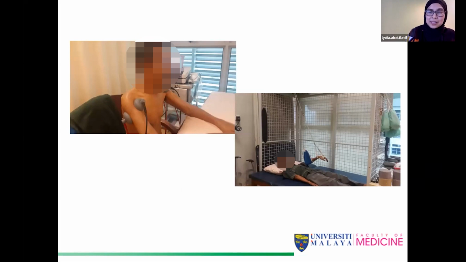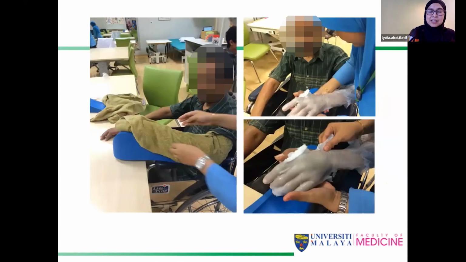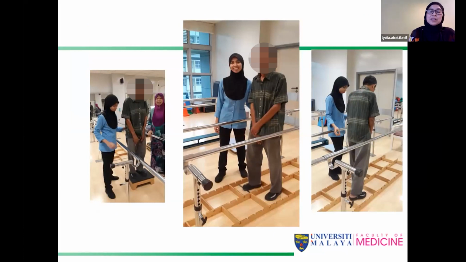I will go into detail each type of exercise later on. So any discomfort, we can start off with some heat therapy. This is using wax, which is quite easy and straightforward. And this is doing two activities at one time, which is gait training as well as balance and coordination. Okay, so you can see the cubes on the floor. That is to give him coordination and some balance.